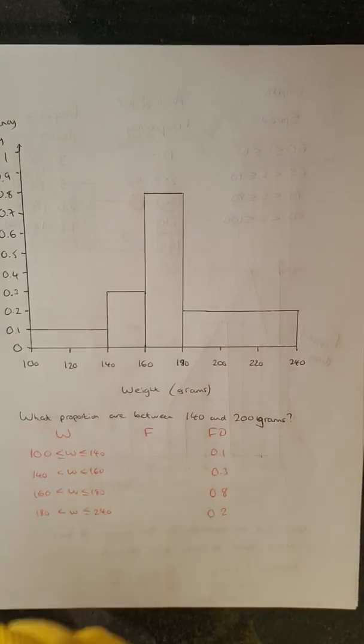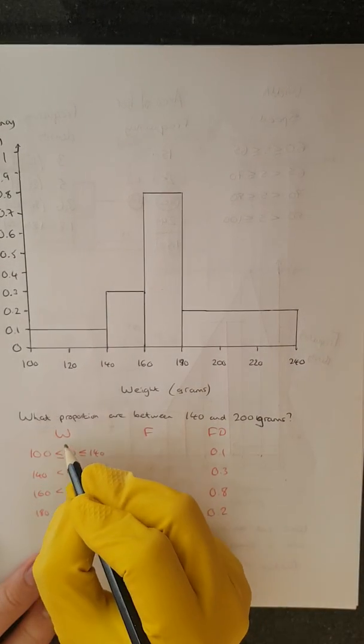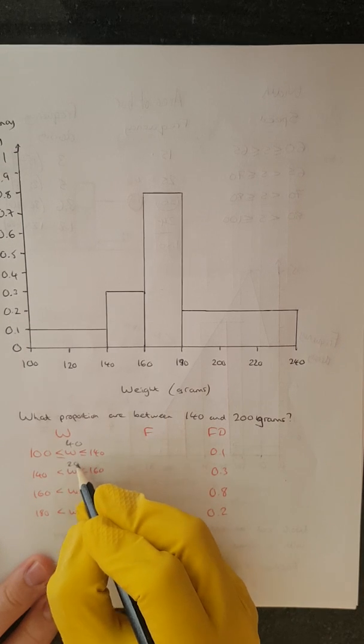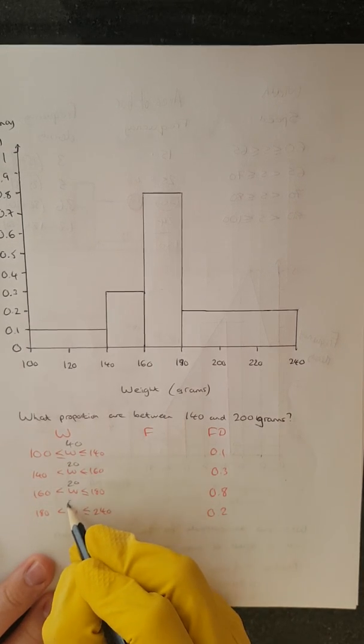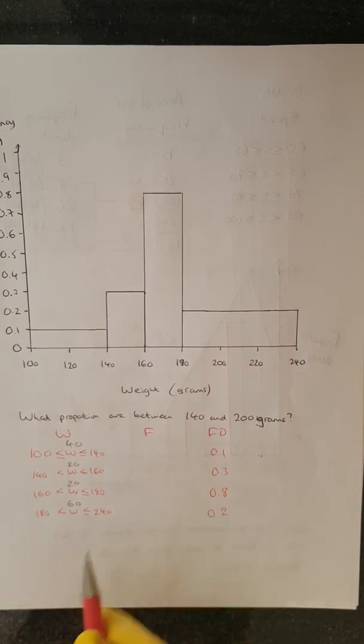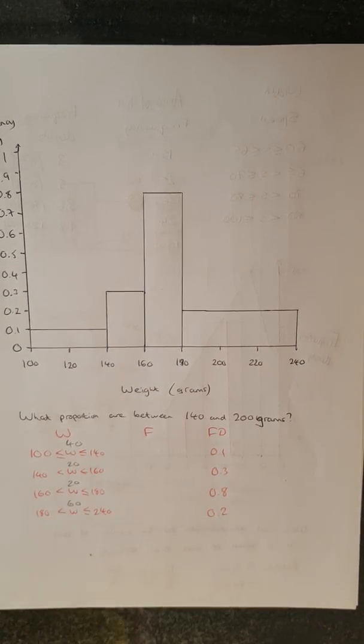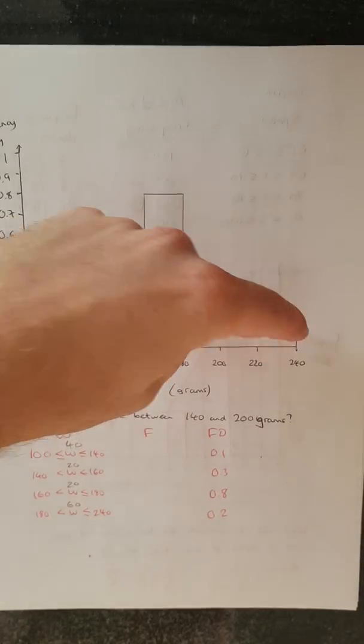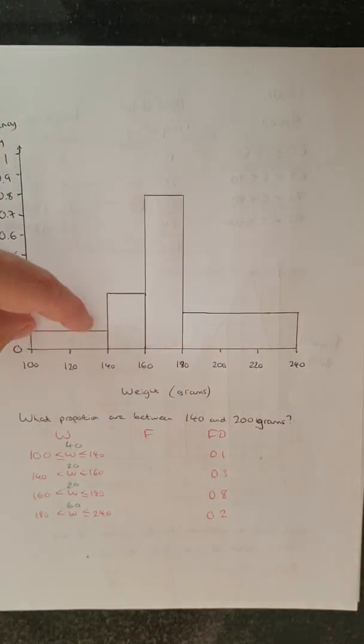So the widths, 40, 20, 20, 60. Now that's what you'd expect, because you'd expect wide categories here where there's less data and more stuff